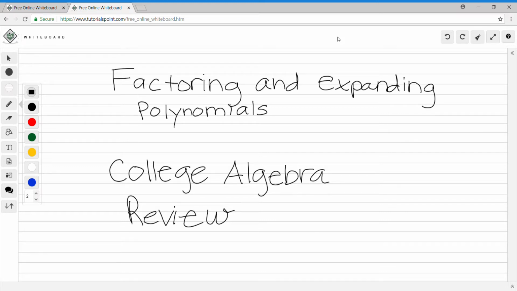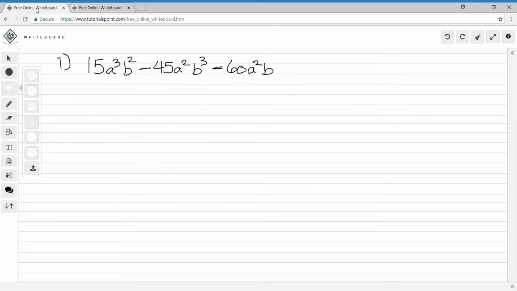Hello, today we're going to learn about factoring and expanding polynomials, and this is all just college algebra review. So we've got to factor this one: 15a cubed b squared minus 45a squared times b cubed